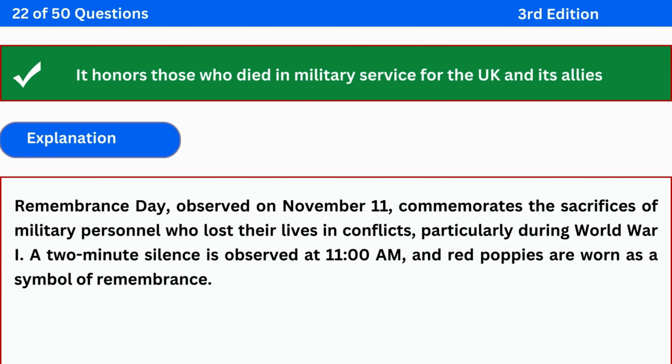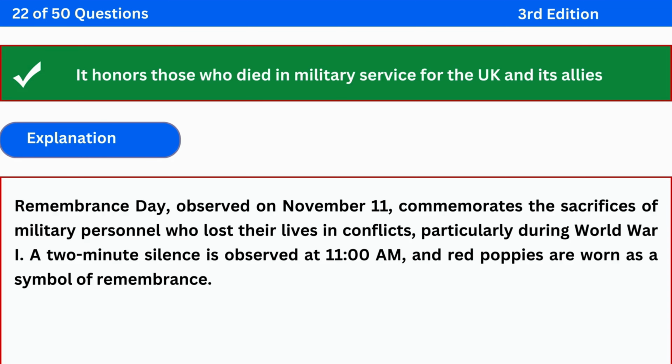The correct answer is it honors those who died in military service for the UK and its allies. Explanation: Remembrance Day, observed on November 11th, commemorates the sacrifices of military personnel who lost their lives in conflicts, particularly during World War I. A 2-minute silence is observed at 11 a.m., and red poppies are worn as a symbol